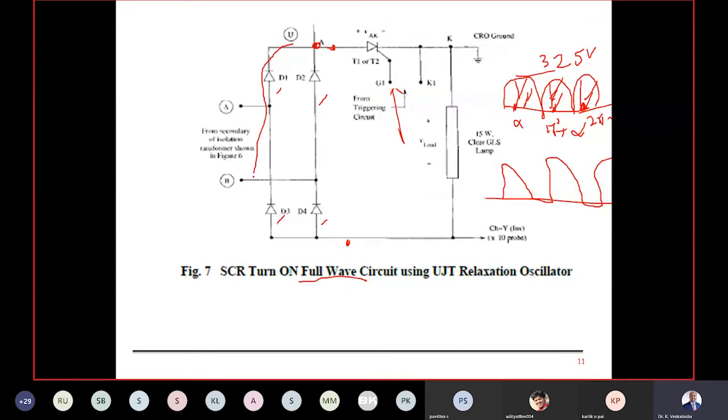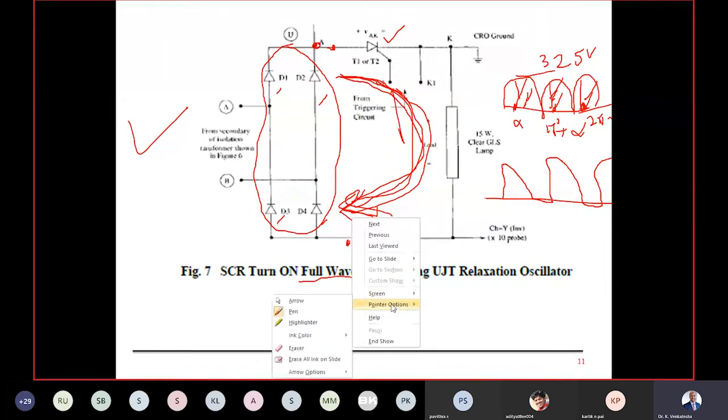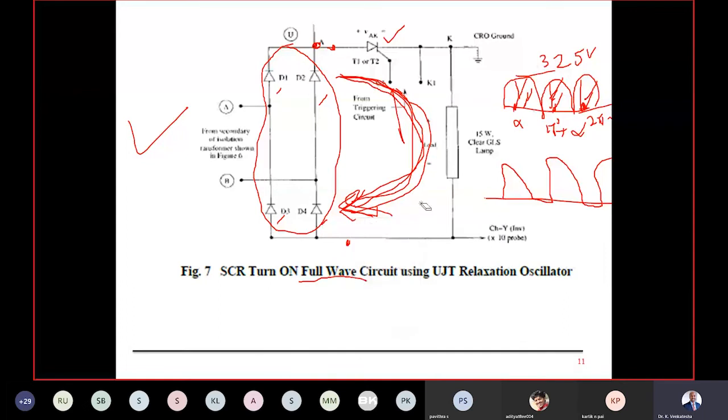Now I use the diode rectifier circuit to convert the AC to pulsating DC, so that I don't have a problem. This SCR will conduct both during the positive half cycle and the negative half cycle of the supply voltage, because the negative half cycle I have already inverted using the diode rectifier. SCR will conduct during the negative half cycle also. Current will always be flowing in one direction only, unidirectional. In the negative half cycle also current flows in the clockwise direction, and in the positive half cycle also current flows in the clockwise direction. Let us see the circuit diagram